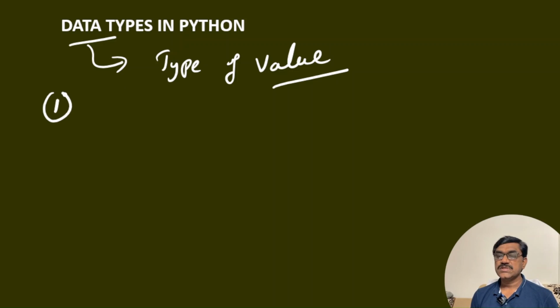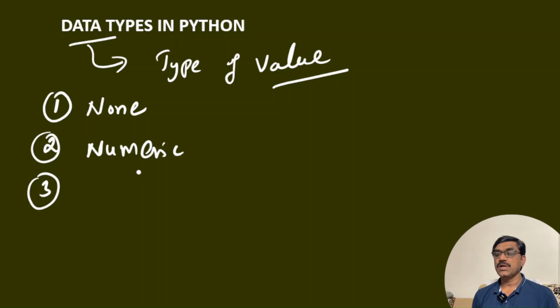The first data type in Python is none. And the second one comes under numeric. And the third one we are going to talk about is